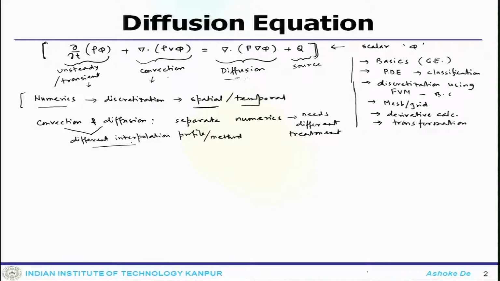You cannot club them together and use a similar kind of discretization to have this term discretized and lead to the algebraic system. So, that is why you need to treat them separately, and then what we plan to